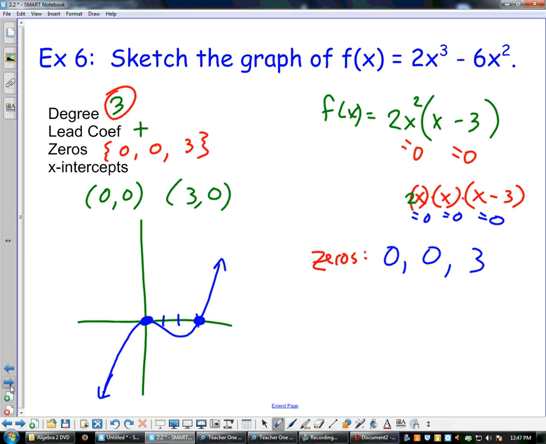Or would it? It should be bouncing at 0 because 0 occurs twice, right? An even number of times. And it's crossing through at 3 because that occurs an odd number of times, just once. All right. And